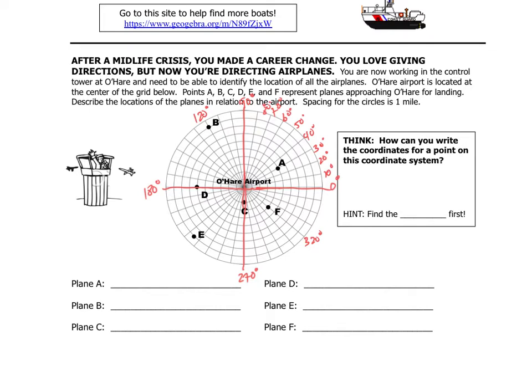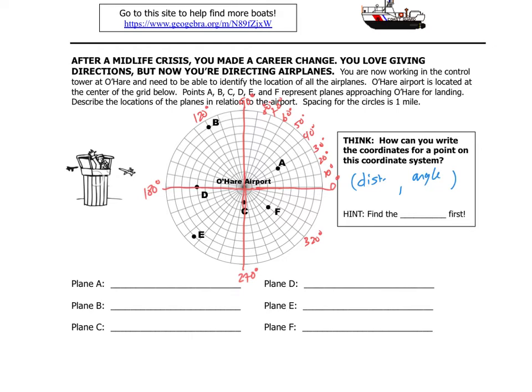The next thing we need to figure out is how we are going to concisely give the coordinates for a point on this coordinate system. And you can stop the video and think about it yourself, and then come back. So the way that's traditionally given for naming points in this sort of system is there's two pieces of information. We have the distance from the center, or distance from the airport in this case, and the amount of rotation. And the way we typically will write these, we're going to give the distance and then the angle. Okay, so those would be